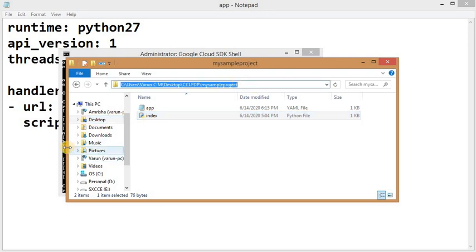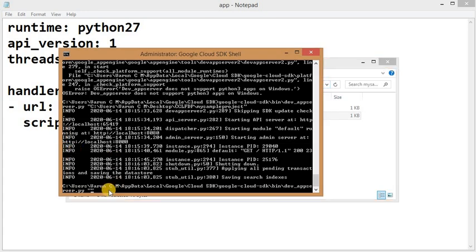You can copy this. You need to give the entire path. So that path you can paste over here.